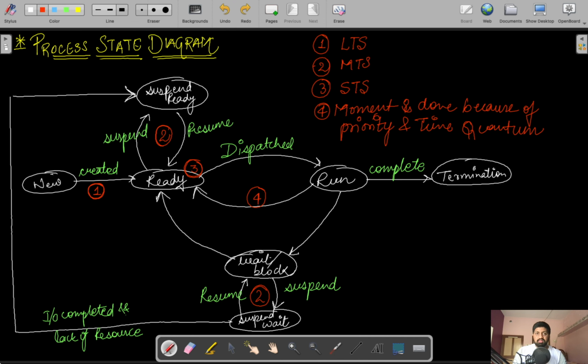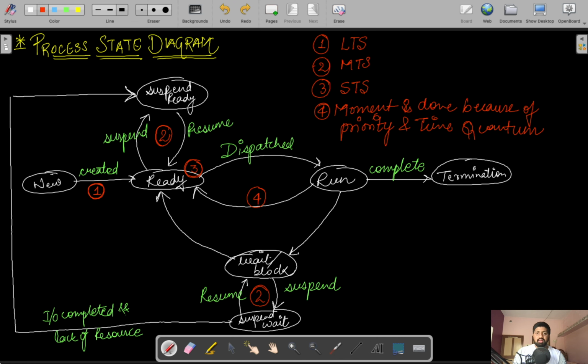This concept is asked in GATE questions as well as in many interview questions of the big IT firms. So now let's dive into it. So we have the process state diagram. Whenever a process is created in the system, it goes through various steps for its execution. I will explain all these steps with the help of this flow chart.